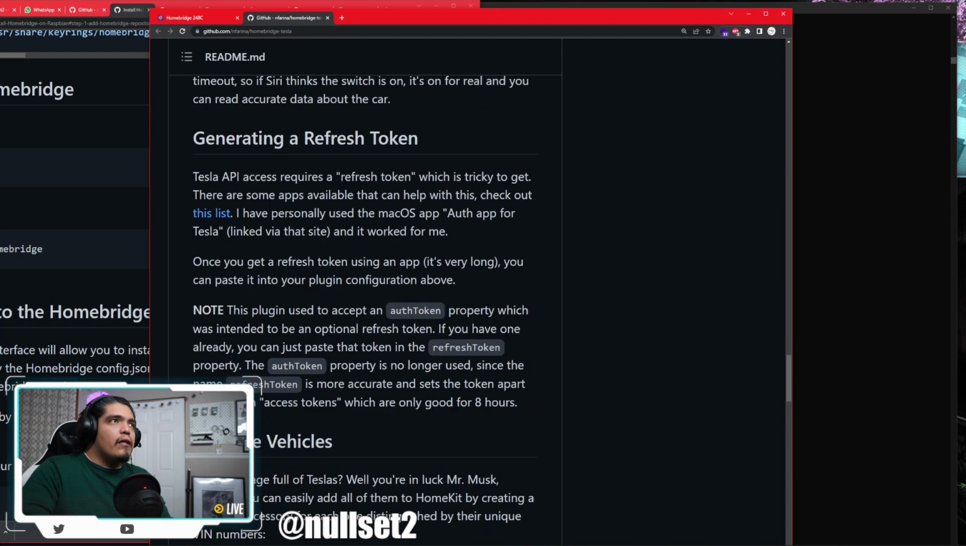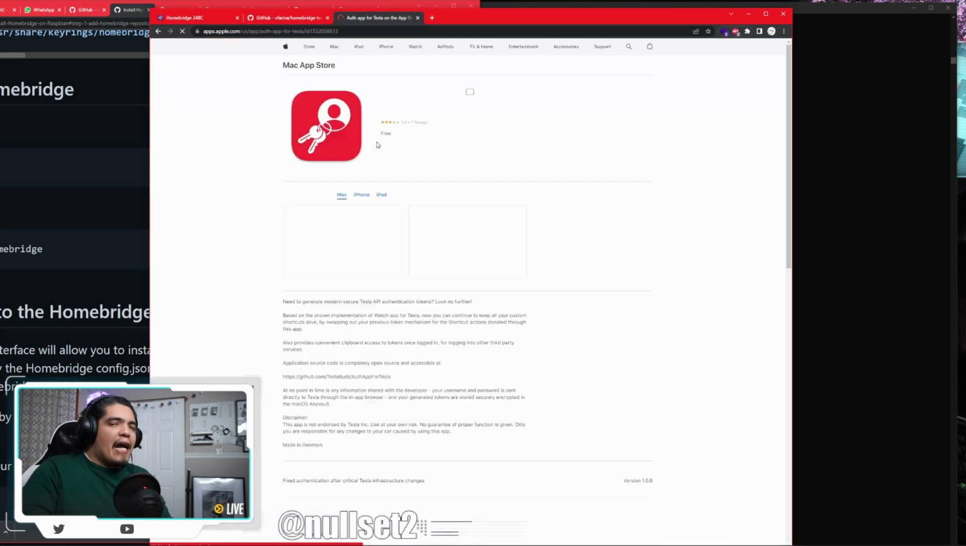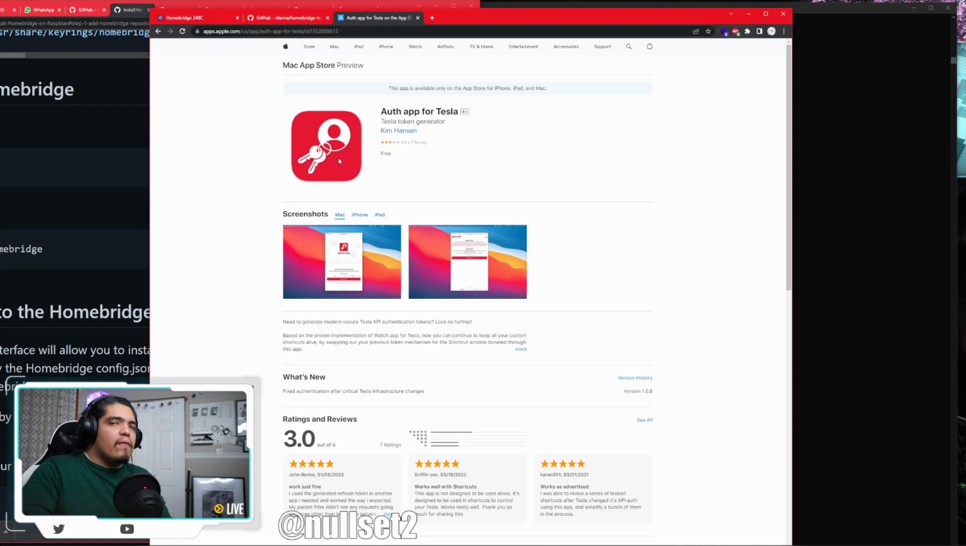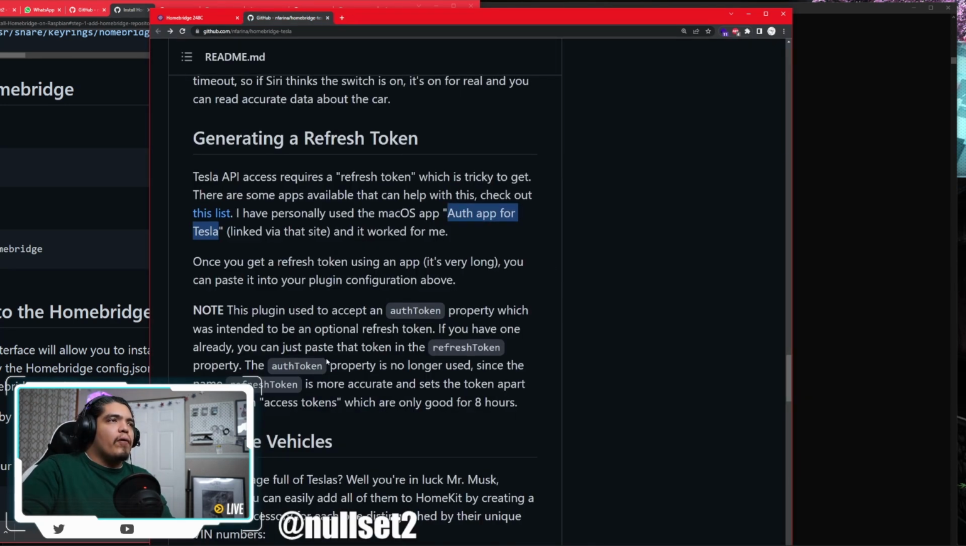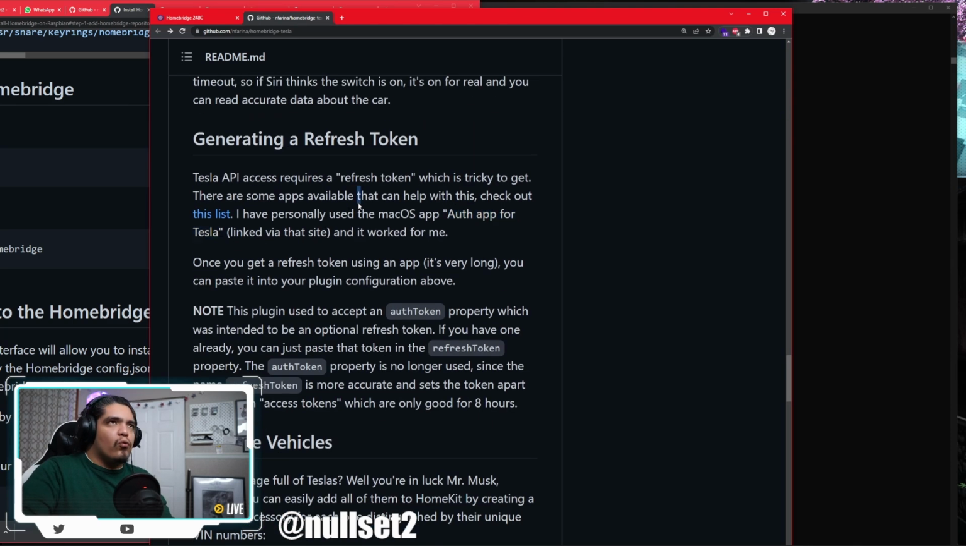How to get a token? So it's complicated. I recommend using Auth app for Tesla, but it's a macOS application. I wouldn't know exactly how to get a token if you don't have a Mac, but I recommend using this because you just log in through the Tesla Auth and it produces a refresh token for you. It's really, really simple. So there ought to be other methods, but how about this? I will look up some notes on what to do if you're not on Mac, and I will update that